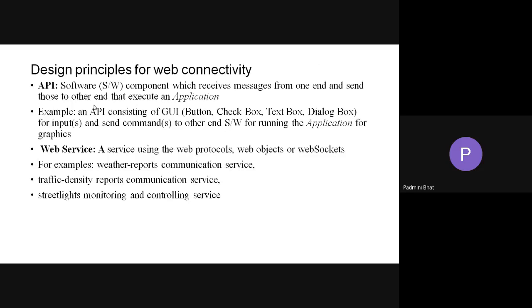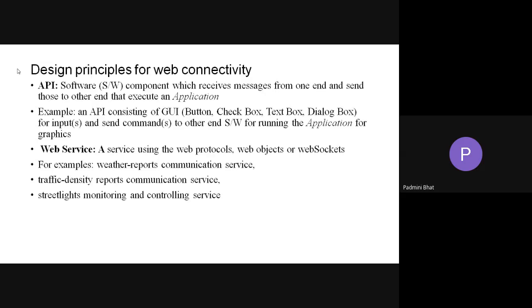Before coming to the techniques of connectivity, let us go through some of the terms used in these designs. One is API, that is, application programming interface. It is a software component.